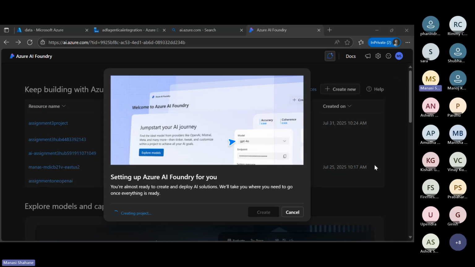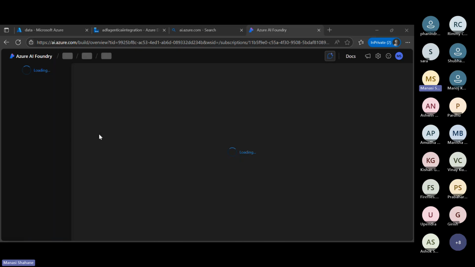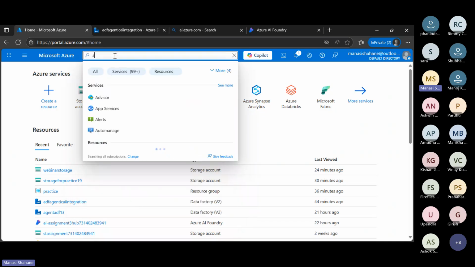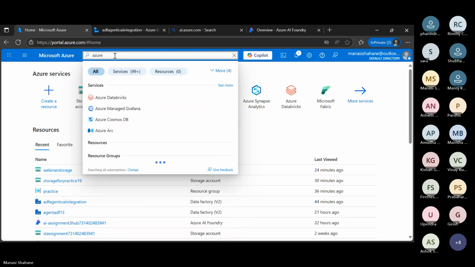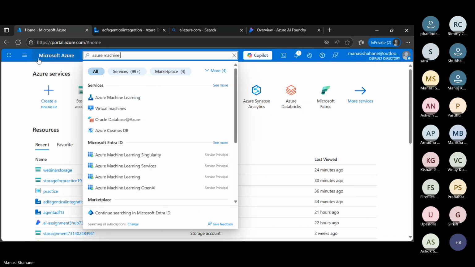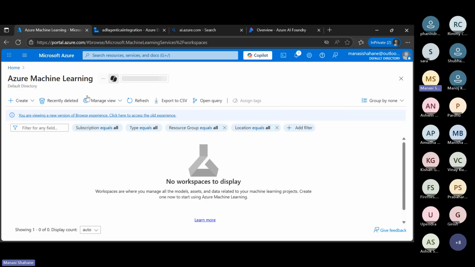If you want to work with machine learning in Azure, you will not be doing it in the AI Foundry service. For that, you can just search for Azure, and you will have to come to Azure Machine Learning. This is where you will have to come and learn. This is a different tool, a different service itself. You can use this to train the ML models and so on. So you will have to learn about the Azure Machine Learning